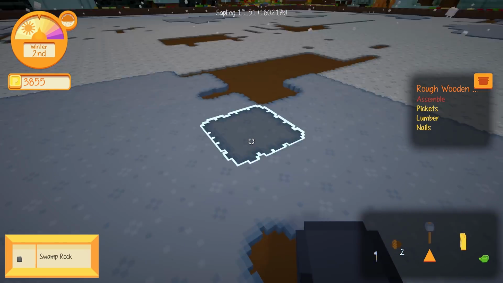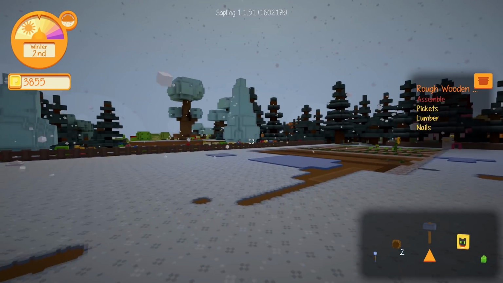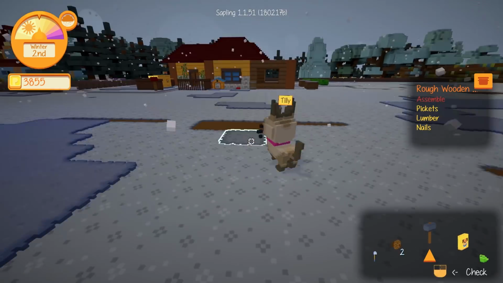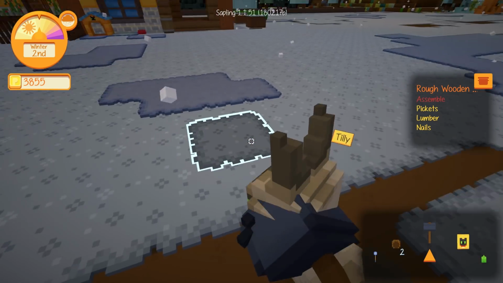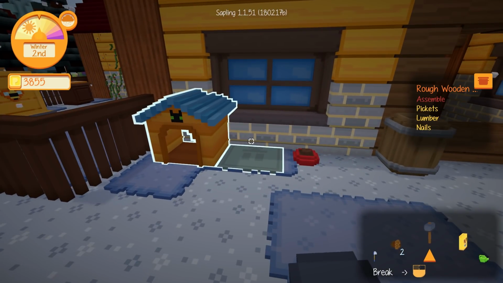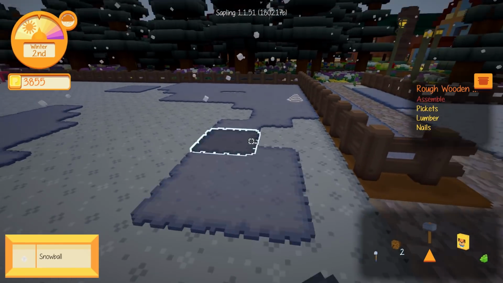I should probably sell these swamp rocks. I still haven't found a use for them, but I keep keeping them just in case I need them for something. What's up with you, Tilly? Did you find me a present or something? Is that what you're trying to tell me? Or has your food run out? Neither. You haven't bought me a present, nor has your food run out, so...